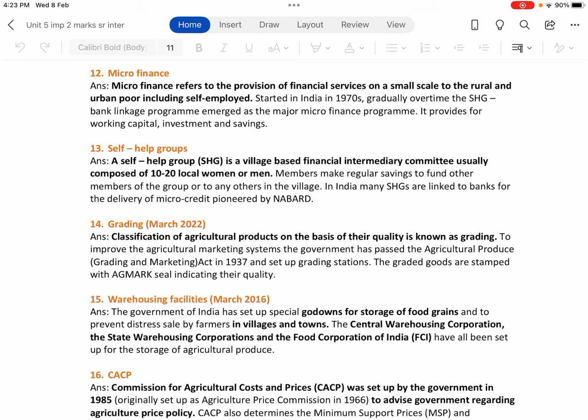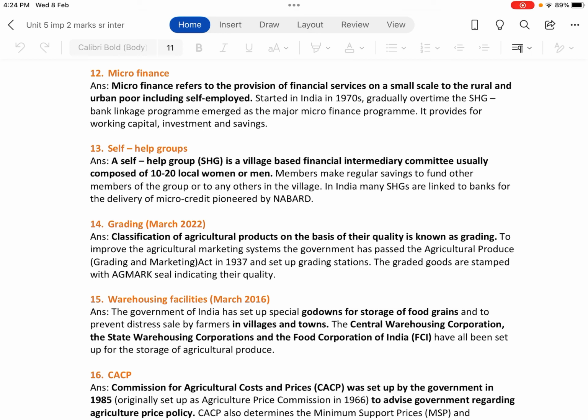In the SHG, the repaying capacity was very high, because if one member of the group did not pay, the entire group suffers. Because of that, the members promptly repaid the loans which they had taken. It is like a chit fund, and this was observed by the government. So the government wanted to provide financial assistance to the self-help groups. That's why the microfinance linkage program to SHGs was developed, and this was pioneered by NABARD. That means NABARD refinances whichever banks are lending loans to self-help groups.